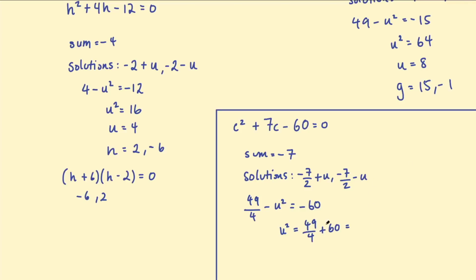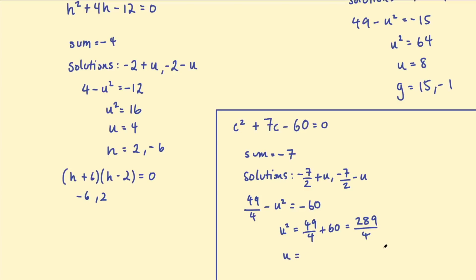And then to simplify this, you could multiply 60 by 4 or write this as a mixed number. I might just simplify it into one fraction. So 60 times 4 is 240. 240 plus 49 is 289 on 4. So 60 plus 49 on 4 is 289 on 4, and therefore u is going to be the square root